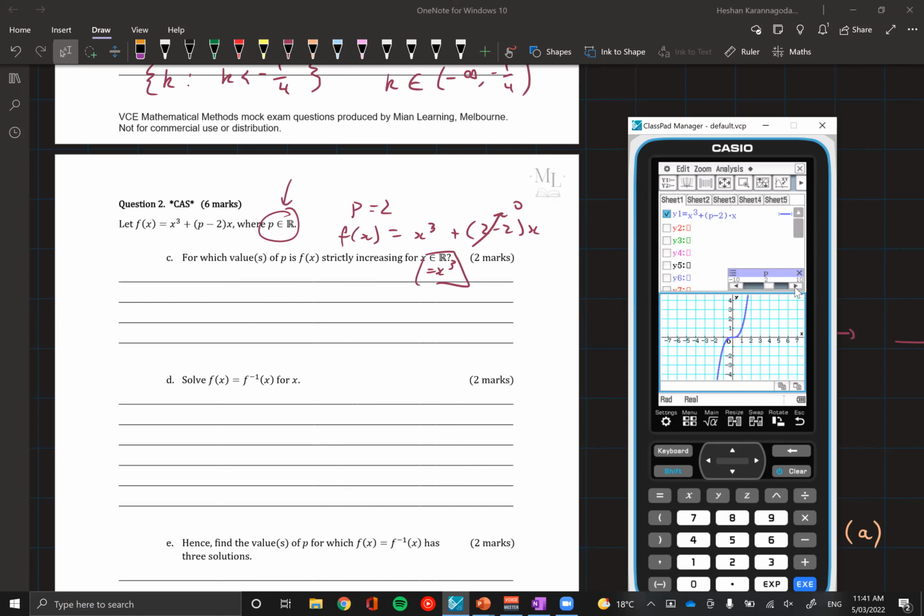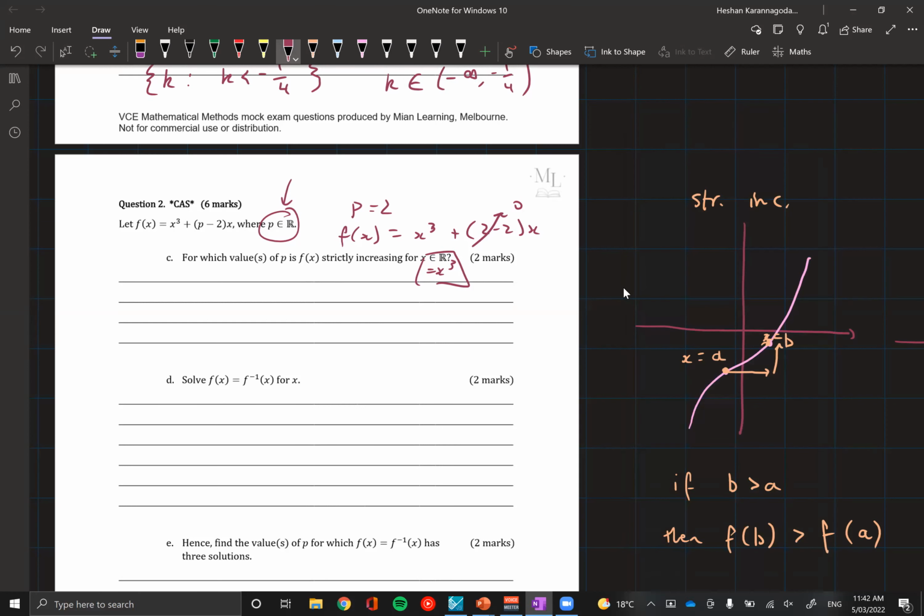Yeah, so pretty much from this graph, we see that P equals 2 is the verge of where it's flat. And we can see when P is larger than that, then it's obviously strictly increasing, getting more and more steep at that point. So that's fine. So the set of P values to make it strictly increasing. And the key thing is we're strictly increasing for all real values. So it's not just strictly increasing for a small set of X values, it's for the whole graph. So values of P would just be greater or equal to 2.